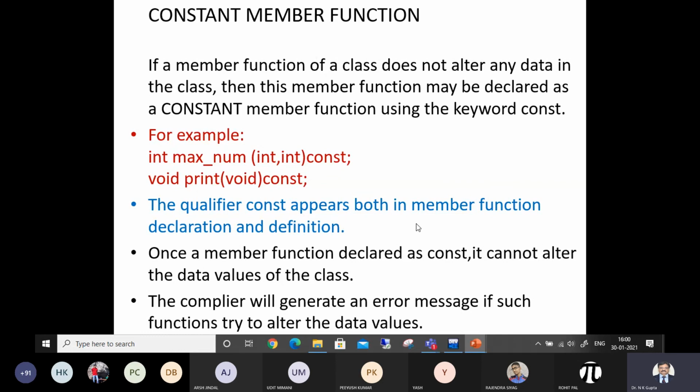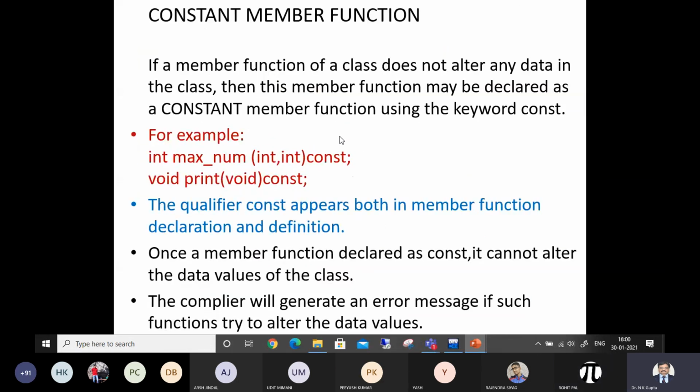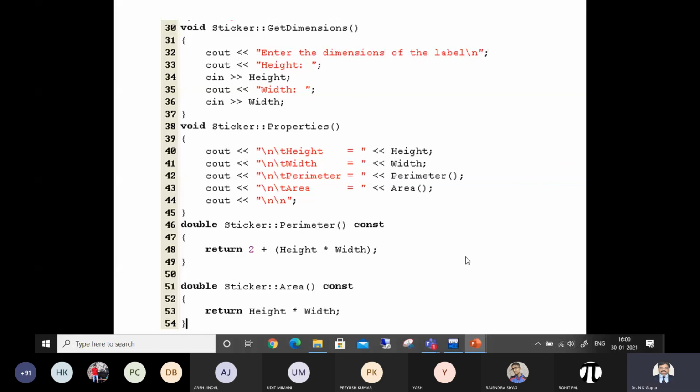The qualifier const appears both in the member function declaration and definition. You can see over here, you have mentioned this const in the prototype also, and in the definition also. That is what it is saying.